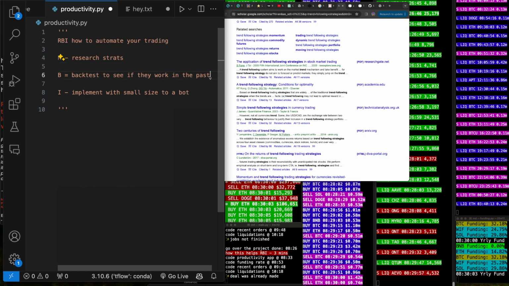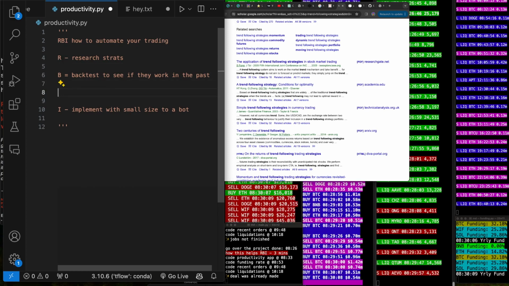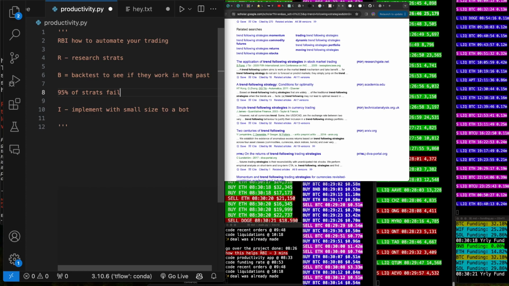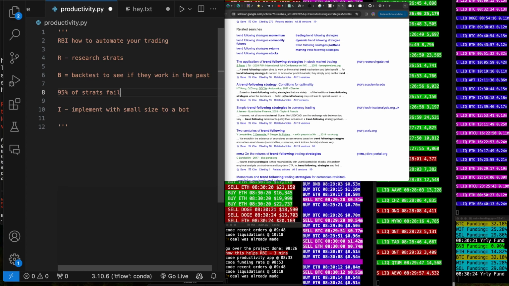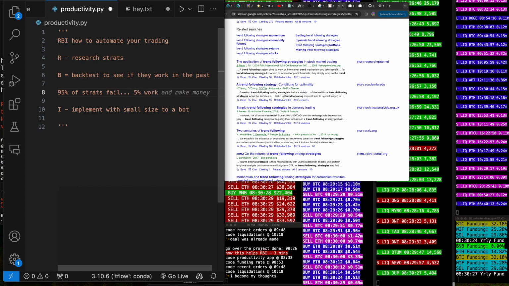I had somebody email me the other day. They said, Moondev, it seems like this process is hard. It seems like 95% of the trading strategies don't work. And I was like, yeah, that's exactly it. You found it. I'm so happy you came to the solution. And you see the solution, right? Oh, 95% of strategies fail. That's perfect. That means that 5% work. Perfect. Let's go. So just test 100 strategies, find 5 that actually work on back tests, and then implement those